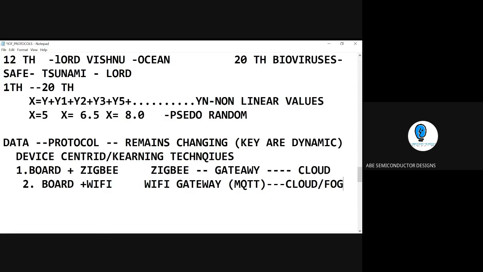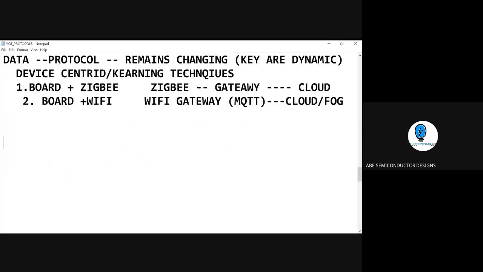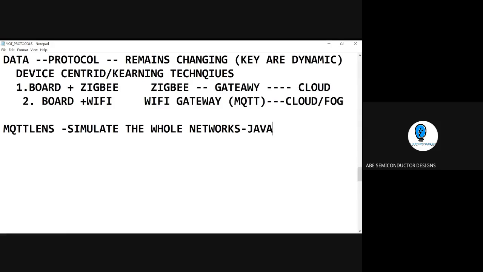This is a hardware setup board. If you don't have hardware but still want to work on the MQTT protocol and a kind of solution, what we can do is, instead of Mosquitto, you can use system-oriented software called MQTT Lens, where you can simulate the whole network. It is written in Java. It is open source software where you can write your own code and generate your networks in a simulation environment and see what is happening. So this is one kind of application we have.